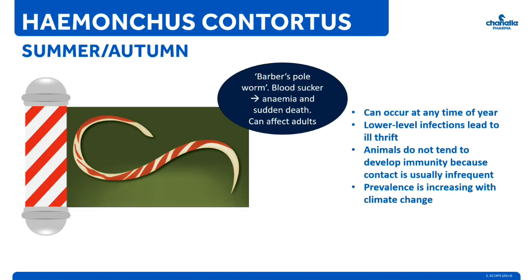In acute infections, we see sudden death in otherwise healthy sheep with no scour being present. Subacute disease is seen when animals have ill thrift, but also potentially submandibular edema from changed fluid balance within the animal. This is often called bottle jaw. Chronic disease is less likely to be seen due to the severity of this parasitic infection, but if it is seen, we do see a failure to thrive.